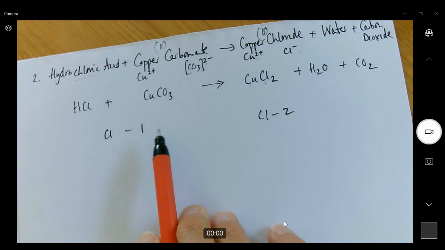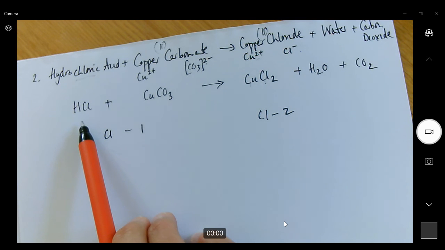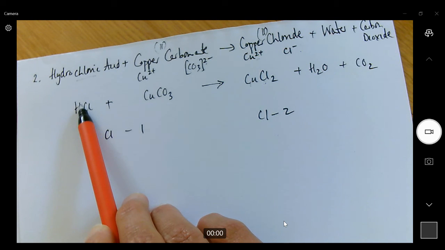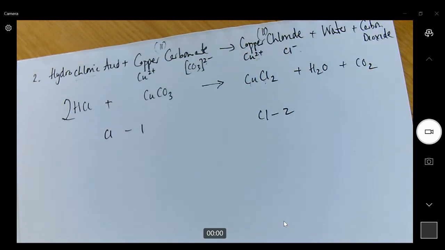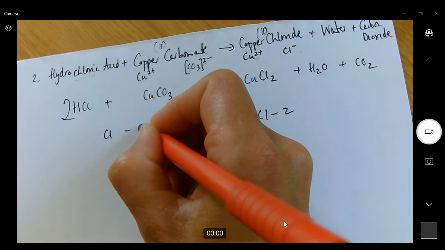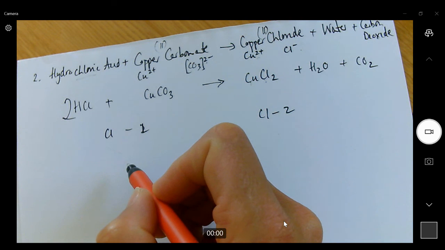So already I have an imbalance, which means I need 2 on this side. When you're balancing, you always use big numbers at the beginning of the compound. You can't change the structure of hydrochloric acid. It is always 1 hydrogen bonded with 1 chlorine. So the only way I can get 2 chlorines on this side is by putting a big 2 in front. So now I've got 2 molecules of hydrochloric acid, which gives me 2 chloride ions. So my chlorines are now